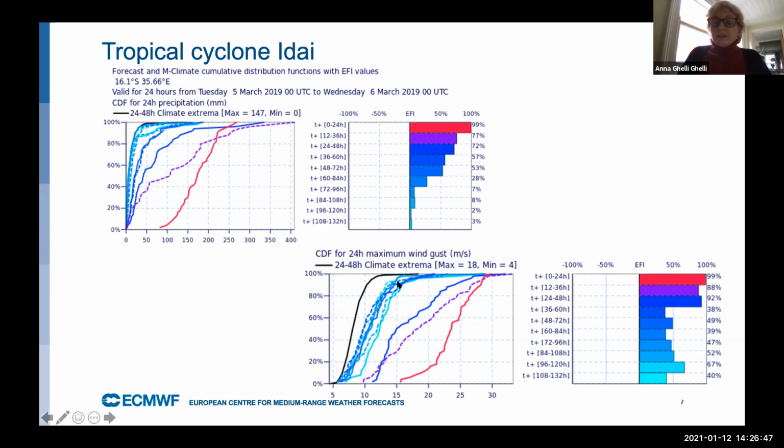While for the wind, you have a very similar signal on this one. Now, what you can see here is again what we were discussing before, the breadth of values. If you look at this purple line, it goes from 0 to 400 millimeters. So the range is massive. That means that the 51 members had a very, very large set of values, and this